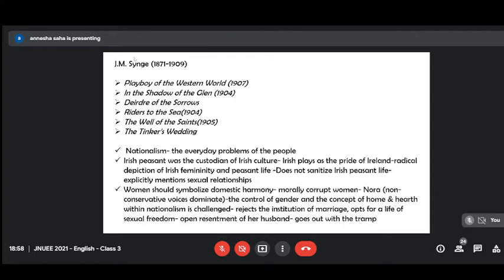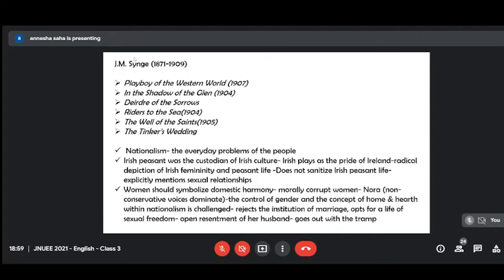And I spoke about this theme within the drama that was being written at this time, that the Irish peasant, in fact, symbolized all that is good about Irish culture. So the Irish peasant inherently becomes the custodian of Irish culture. So in this kind of framework, whatever was good in Ireland would be symbolized through Irish plays. Irish plays could be launched into the outer world as the pride of Ireland, as a symbol of Ireland. So within this cultural conception, James Synge becomes a sort of